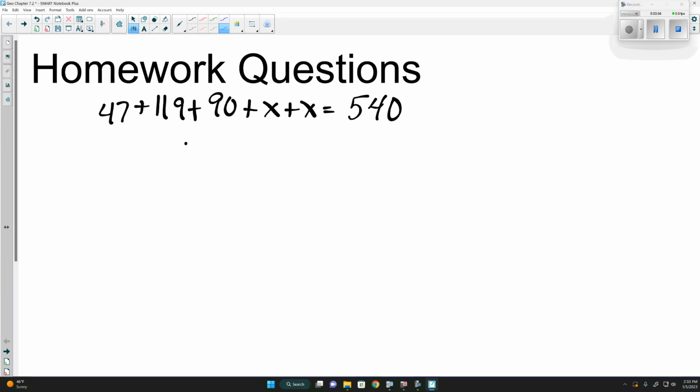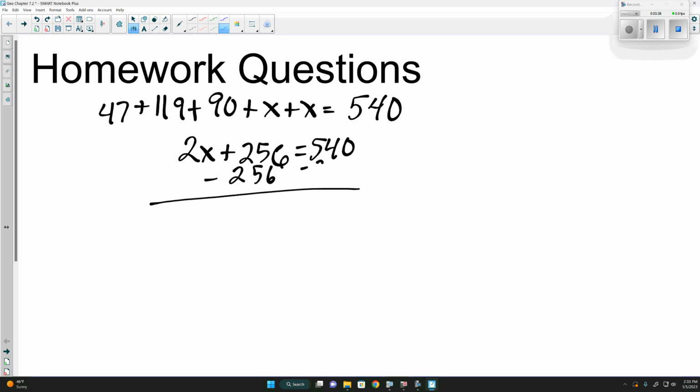Now if we add all these together, x plus x is 2x. Now 119 plus 90 is going to be 209. So 47 plus 119 plus 90 is 256, which is equal to 540. At this point here, we can subtract 256 from both sides, telling us that 2x is equal to